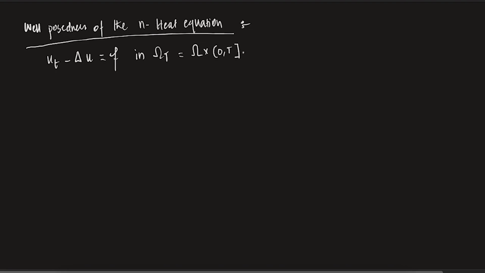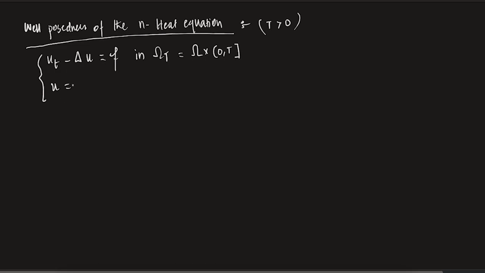Clear? T is greater than 0, for some T positive. So I'm not writing all that every time. You do realize that capital T is always positive, and this particular thing specifies the time variable. So u_t minus Laplacian u equals 0, and which problem will I be talking about the well-posedness of? The Dirichlet problem. As you remember, I talked about different boundary conditions, right? In the one-dimensional equation, we talked about the Dirichlet problem and the Neumann problem. So here I'm just generalizing this, and I want to talk about the well-posedness of the Dirichlet problem.